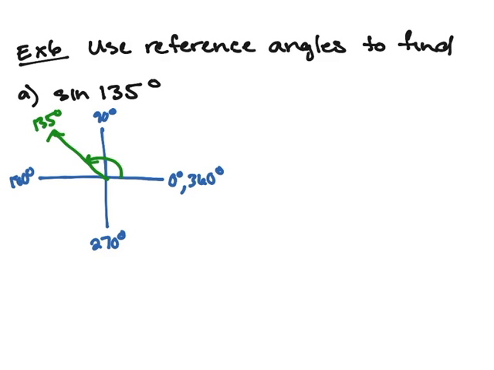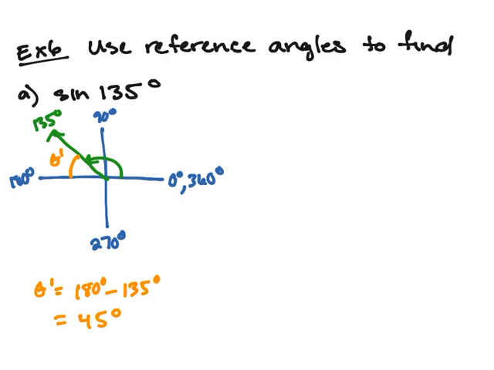So from 0 to our terminal side is 135. From 135 to 180 is our reference angle. So that's going to be 180 minus 135